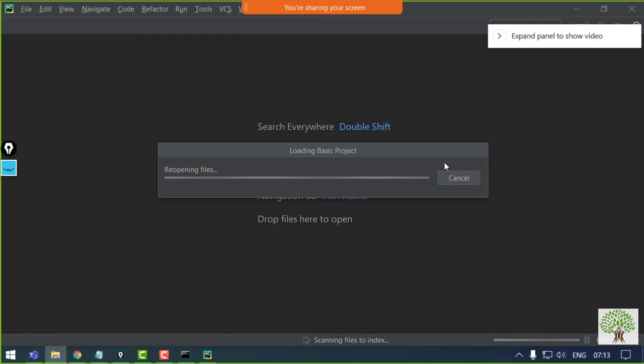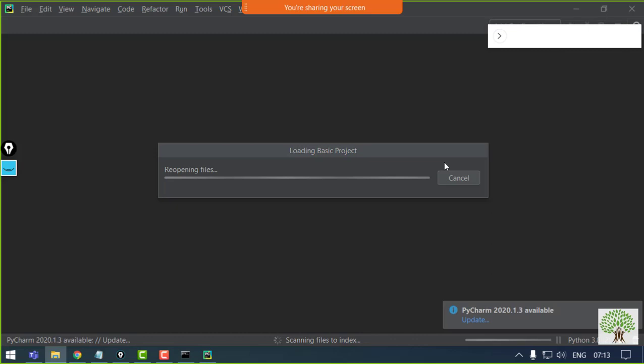It's preparing to open the PyCharm projects which are already made, but we'll be creating a new project, so let's just let it complete.